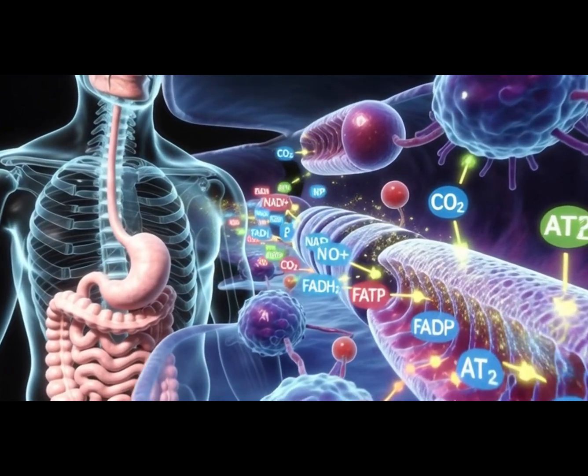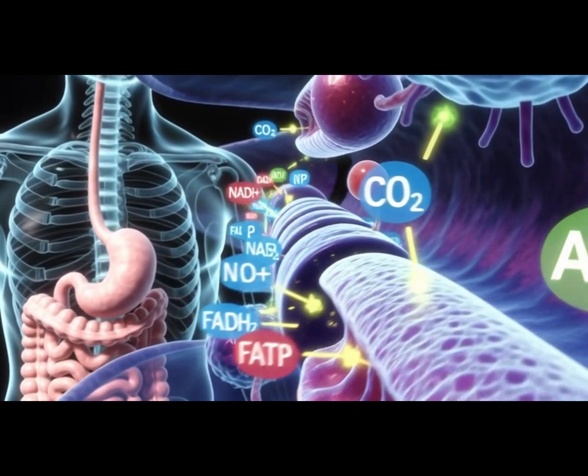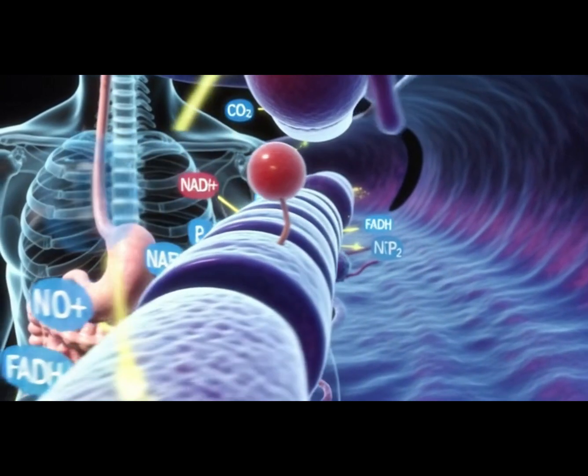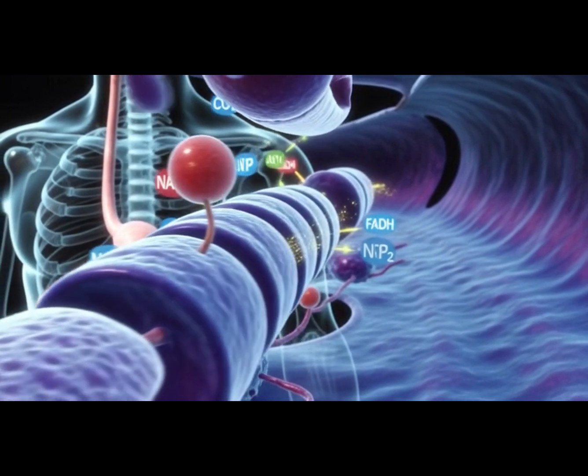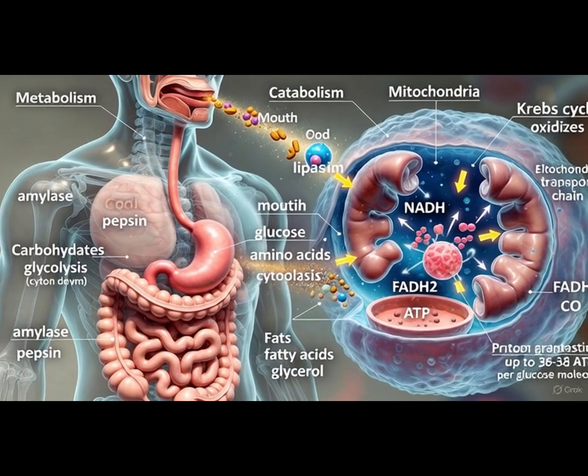This dynamic balance begins indirectly with digestion, where food is mechanically chewed in the mouth and chemically assaulted by enzymes. Amylase initiating the breakdown of carbohydrates into sugars, pepsin in the acidic stomach environment unraveling proteins into peptides, and lipase in the intestines targeting fats, setting the stage for cellular catabolism.